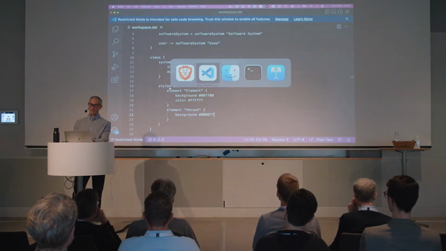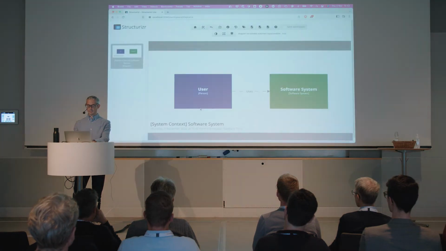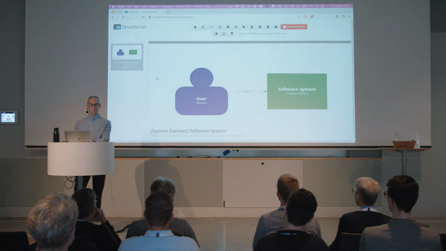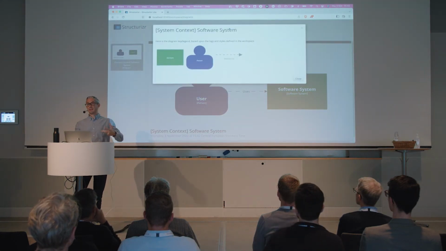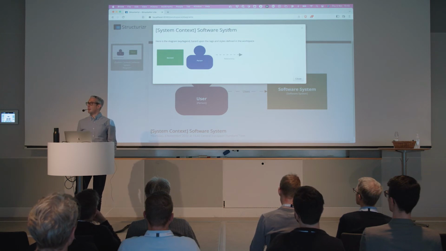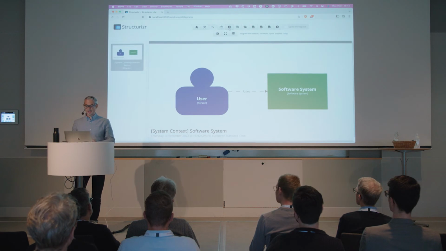Who likes plain, boring boxes? Well, not really. How do we change that? There's a person shape. And you just basically do the same thing over and again. You can change border styles and you can individually style elements and that sort of thing. For those who came to my workshop yesterday, I said you should create your diagrams and include a diagram key. This tooling will generate your diagram key automatically based on all the stuff that sits in the model. So that's an introduction to creating your first diagram with the Structurizr DSL. And there's a bunch of other things I'm going to show you in a second.